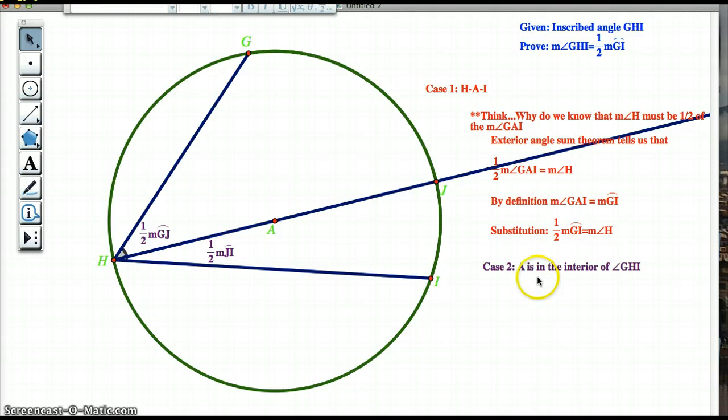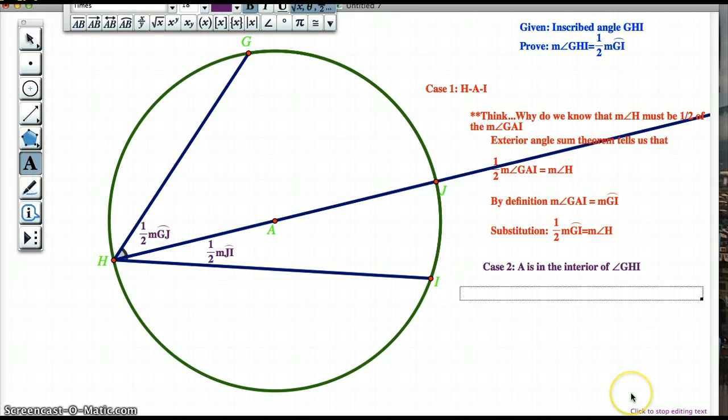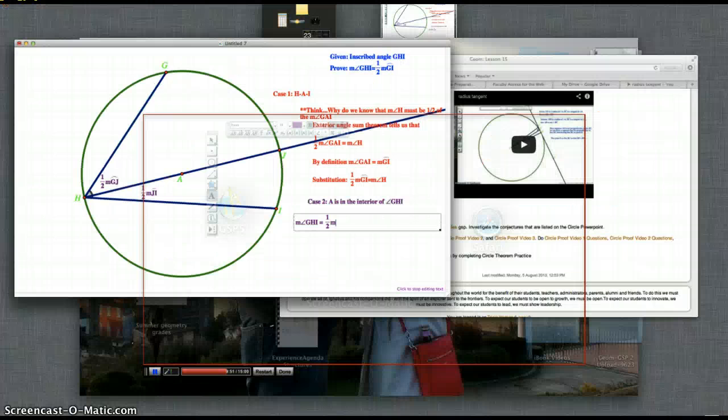All right. Now what are we trying to do? We're still trying to show that the measure of GHI is 1/2 of the measure of GI. But what we know right now is going to really help us with that, right? Because what is the measure of angle GHI? Well, by the angle addition postulate, the measure of GHI is the same thing as the measure of GHJ plus the measure of JHI. So the measure of angle GHI, if I do a little substitution, and obviously this isn't really a formal proof, but I'm kind of just going through the explanation, is 1/2 the measure of GJ